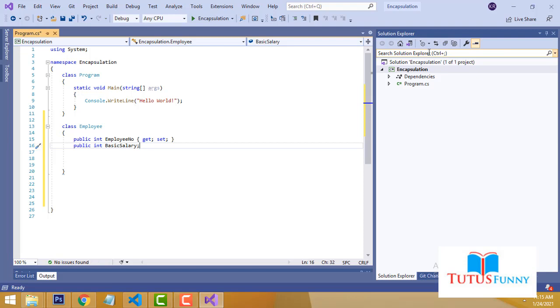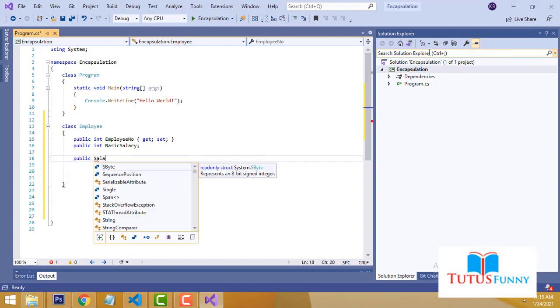Two things we have created here. Now I am going to calculate one more thing. I have created another function, public, you have to write salaryIncrement. We have to create the function, right?